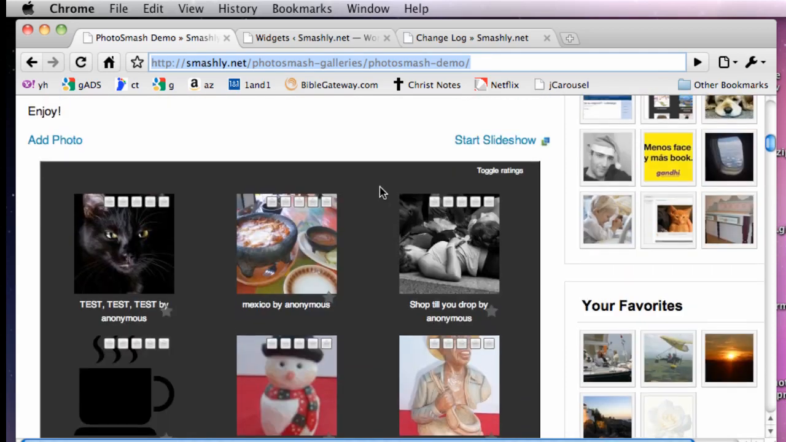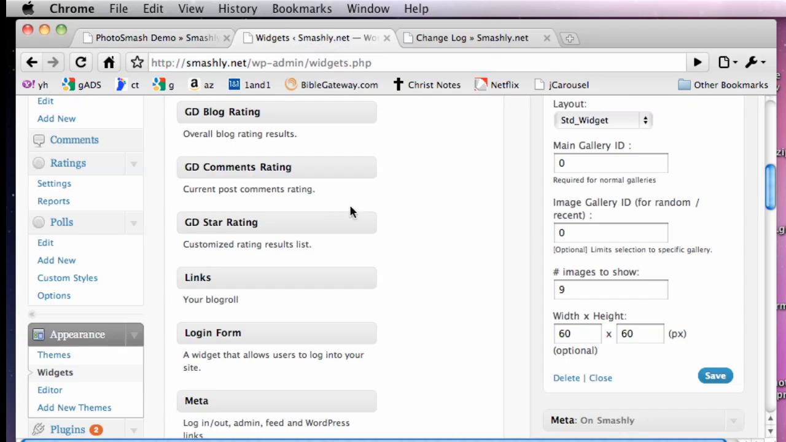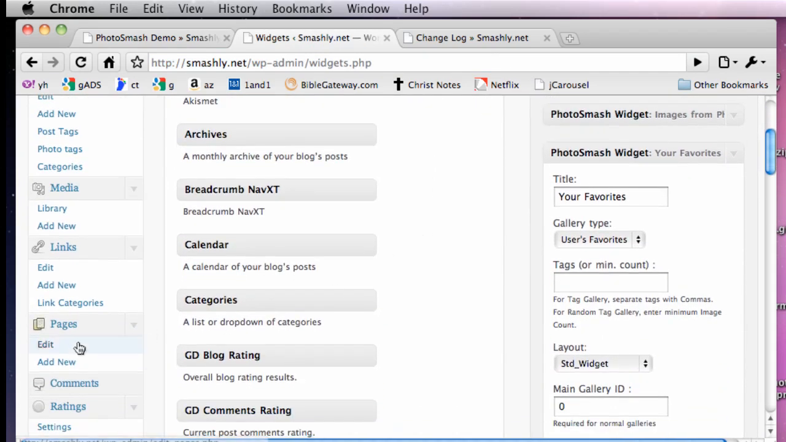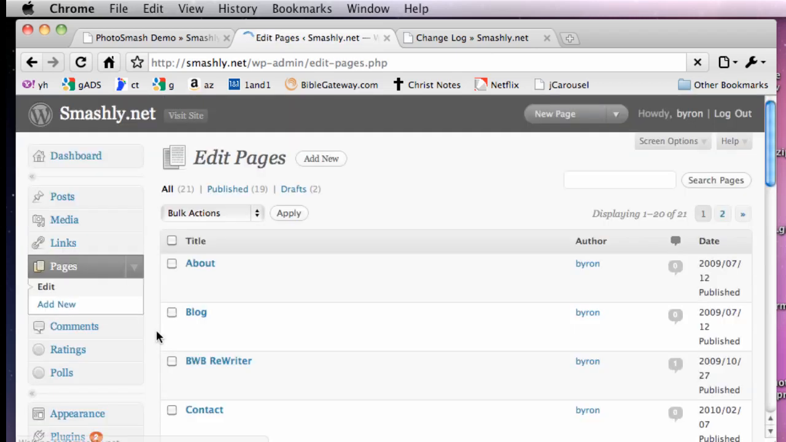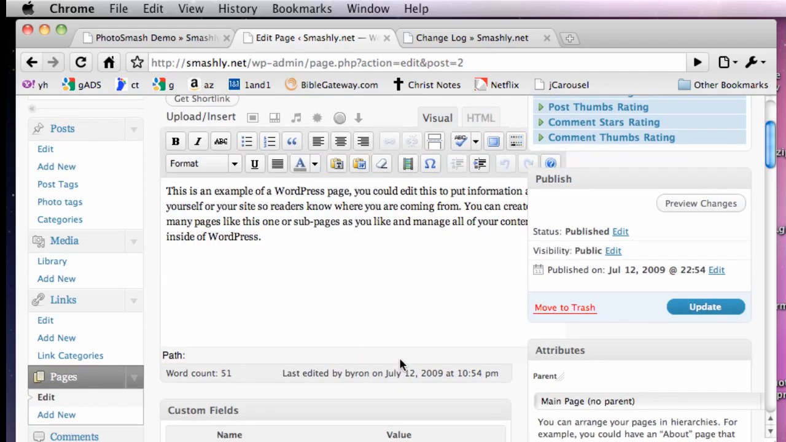To get a gallery to become a favorite gallery, you can enter a simple short code. It's your standard short code, and I'm going to add it to my About page right now. Just to give you a demonstration of what that short code would look like. Oh look, I've never changed my Smashly About page. So the short code is PhotoSmash and then gallery type equals favorites. Close that out, update it,